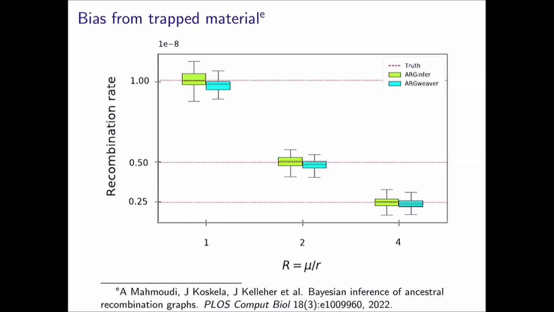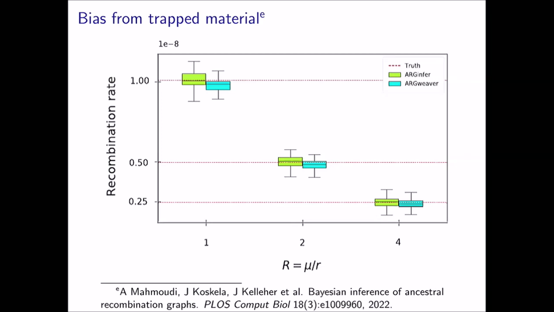When you're in the setting where you have both of them being about the same, then you can actually see a visible discrepancy between parameter estimates you get out of ARGWeaver and parameter estimates you get out of an unbiased method. So the truth is no longer within the interquartile range in the ARGWeaver setting, and it's also underestimating the uncertainty